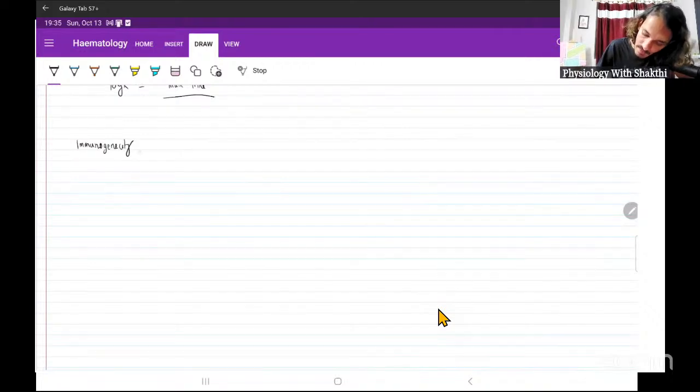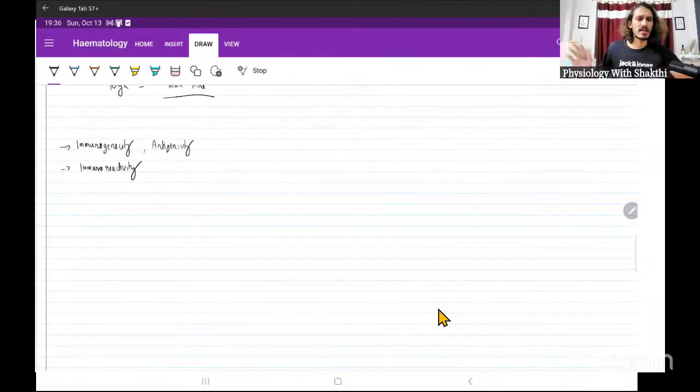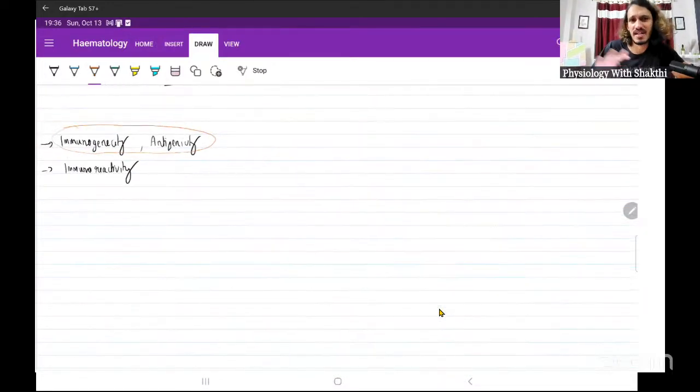Immunogenicity, or another, antigenicity and immunoreactivity. Two things. So in general, when we talk about immunogenicity and antigenicity, what you have to understand is some component